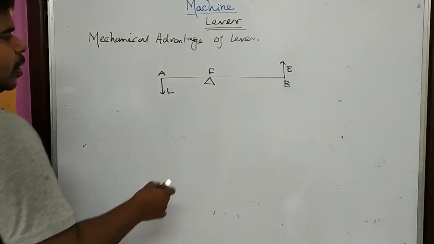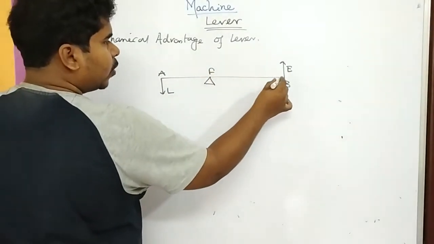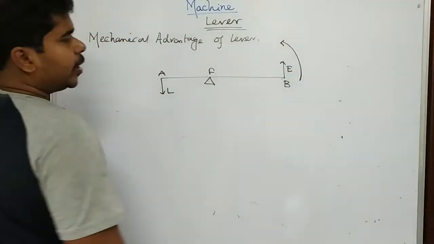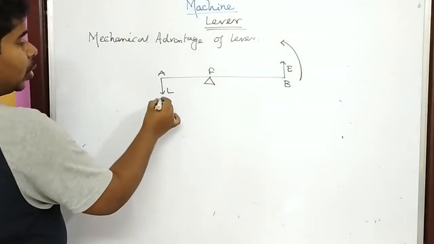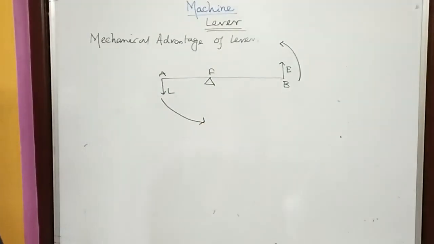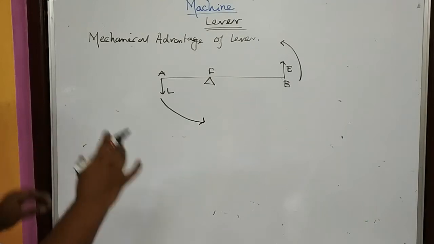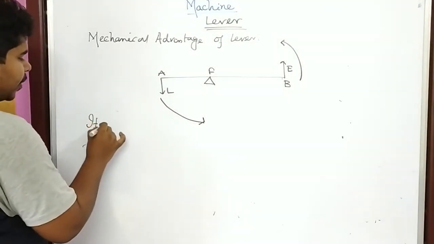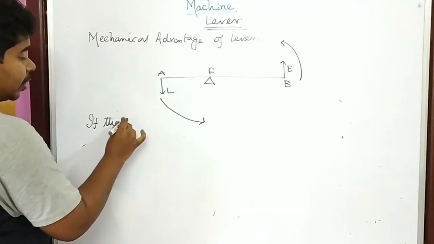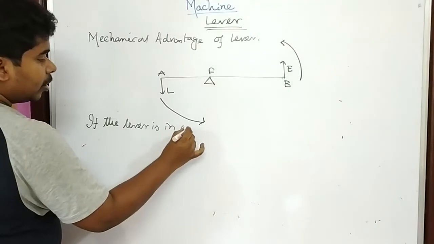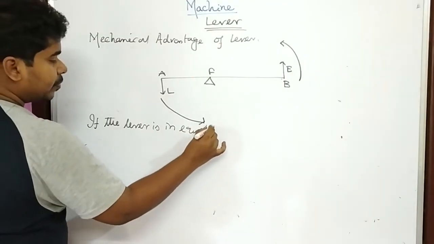This is the fixed point, so the effort is trying to rotate it in anti-clockwise direction, and load is trying to rotate it in clockwise direction. If the lever is in equilibrium,